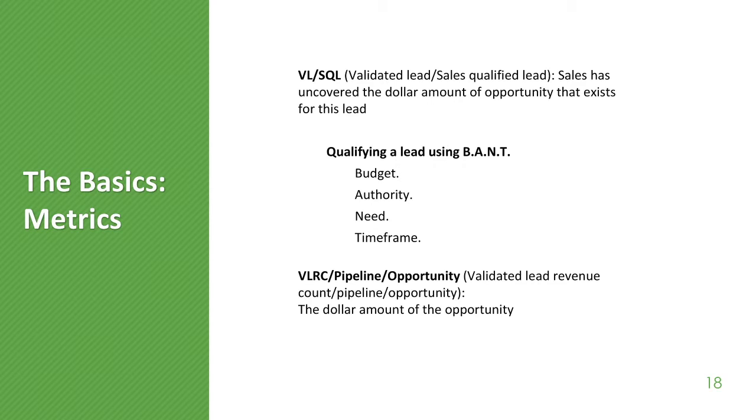Sales is going to use this BANT process to qualify the lead. And if they don't meet the threshold for any of those four, it is now not a sales qualified lead or a sales accepted lead. Now, if it's a sales qualified lead, that means that they had this conversation, that the budget, authority, need, and time frame matched what they were looking for, and they found out that there's money there and there's a possibility. You've just opened pipeline, you've created an opportunity in your sales automation system, and hooray! Good job. Winning.